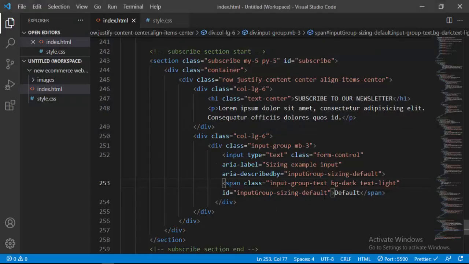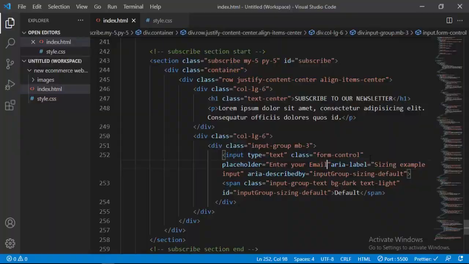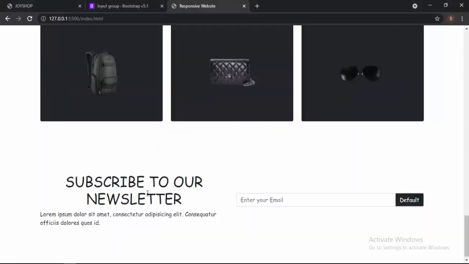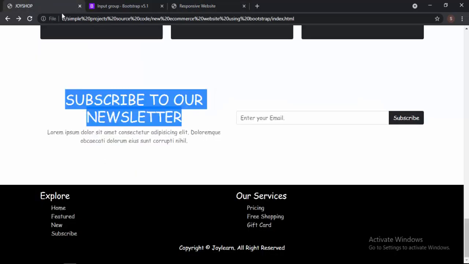And we also gave it a placeholder. So I just come here and find the placeholder. Here inside the input, we do not have any placeholder. So inside the input tag, I'm gonna type my own placeholder. So I say placeholder, and it's gonna be 'Enter your email'. Yes. So now we are finally also done with our subscribe section, and everything is fine and looking the way that